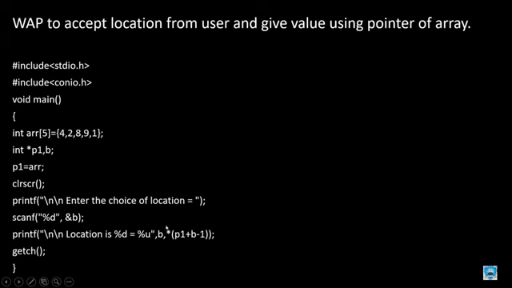Due to that reason, when this pointer accesses the fourth position or third position of your array, it always requires b minus 1 with the pointer variable. Same, this program we will check out in an online compiler, so don't worry, we will come to that program.